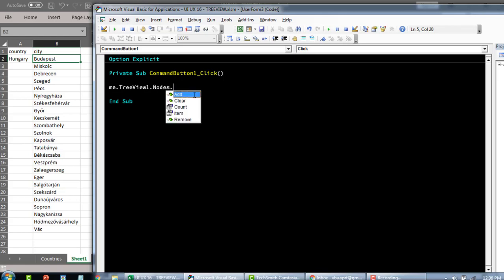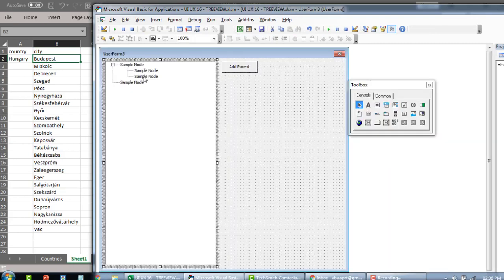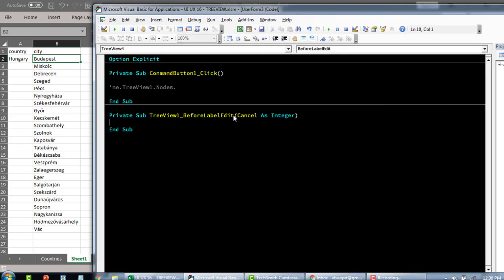Nodes are basically the ones that we've just seen. All these are nodes that you see here, all the sample nodes. Going back here, dot Add, and then the relative relationship is going to be blank because this is a parent. This is the first node we're adding. It cannot relate to any item yet. The key here must always be unique. So for now we'll say A2. A2 is what we want to have as a parent,